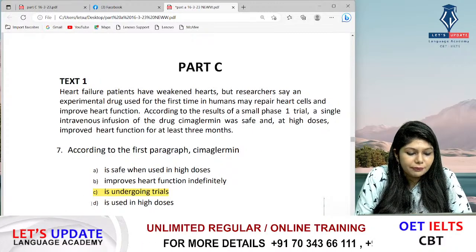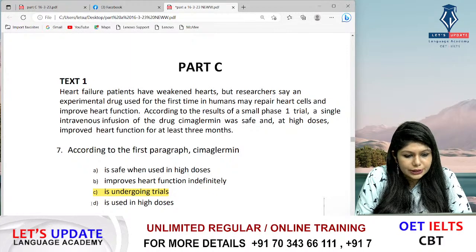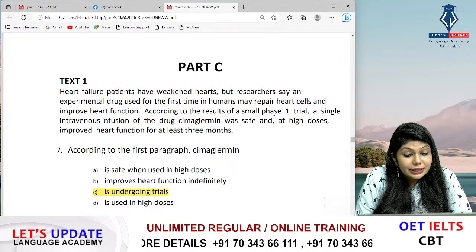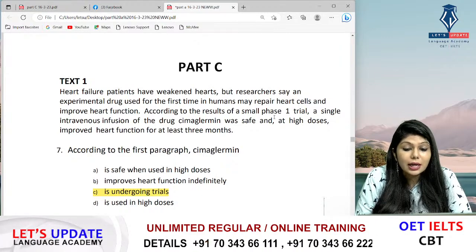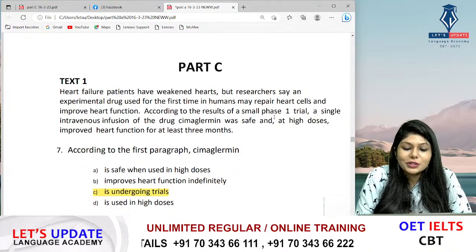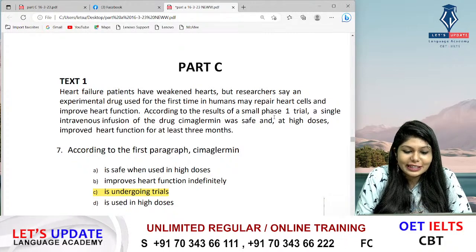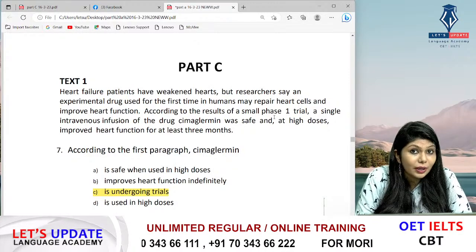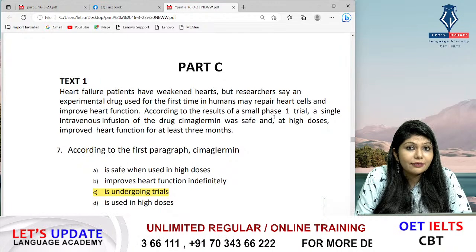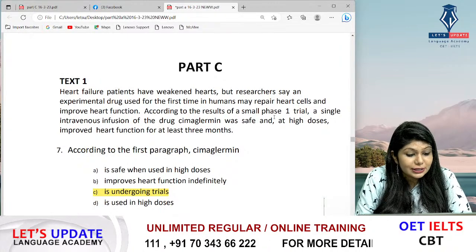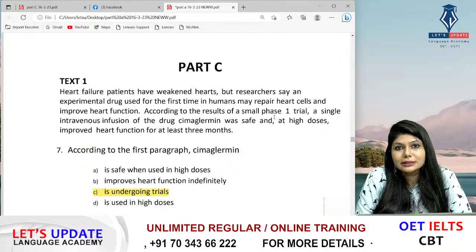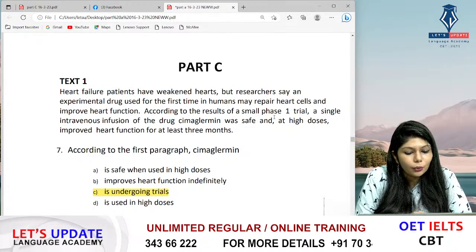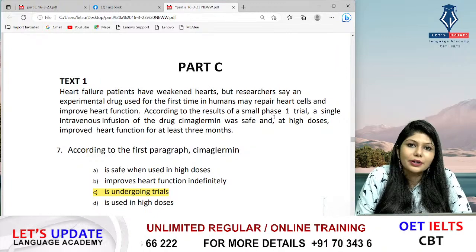And option D is used in high doses. What they have mentioned is the phase 1 trial was used at high doses. It was safe and at high doses improved heart function. So during the phase 1 trial, they tried this and they found that it was safe at high doses. But that was again past tense. That was something that happened in the past during the trial. If they say now it's used in high doses, then it's not correct,